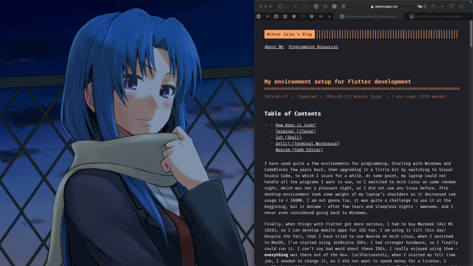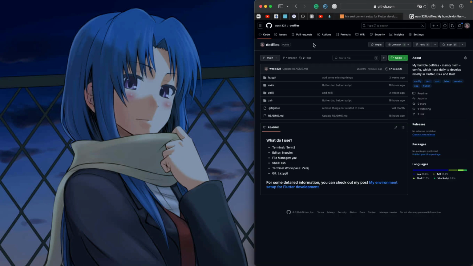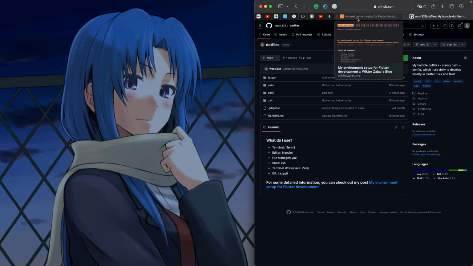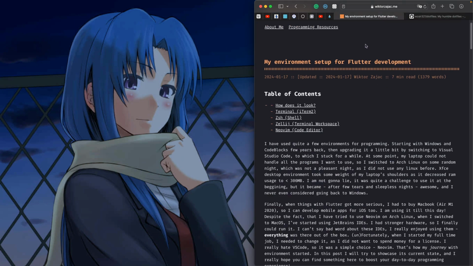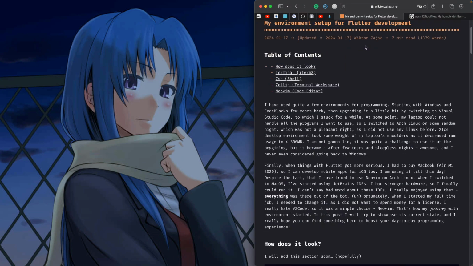Hello, so in this video I want to go through my environment for Flutter development with iTerm, Zellij and Neovim as code editor. The entire config is on GitHub and it of course doesn't narrow only to Flutter, but a few more languages have support like LaTeX, like Rust, and it's easily extendable. But in this one I want to show features for Flutter, and we can start with